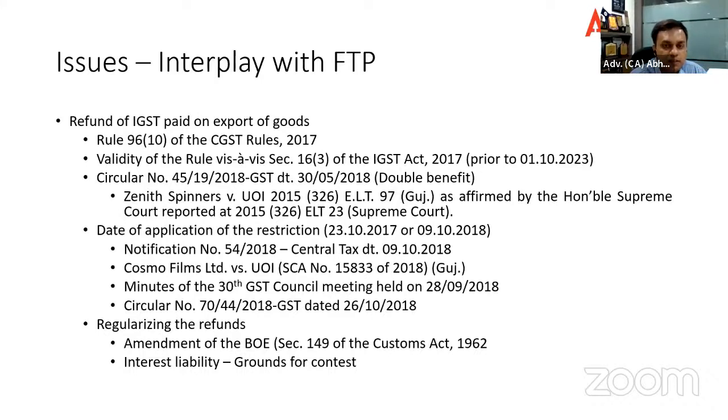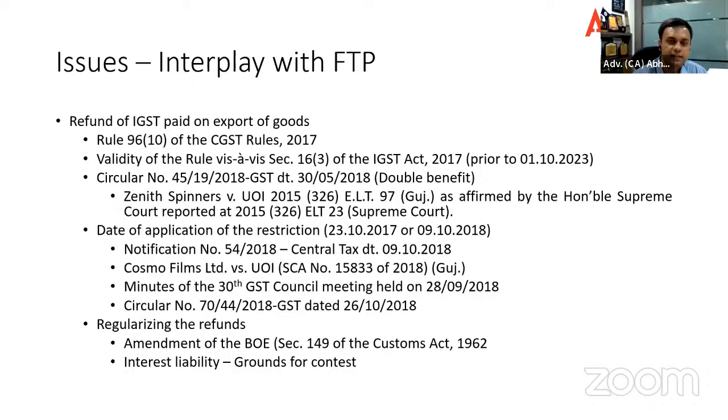Second is the date of application of this restriction. There is a confusion. The provision that we saw has been brought into place by notification 54 of 2018. Now, this notification is prospective in nature. This notification became applicable from 9th October 2018. Can we say that this has been the intent right from 23rd October 2017, when the exemptions on procurements done under advance authorization or by an EOU were first introduced in the context of GST by issuing